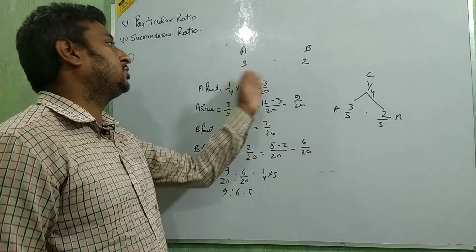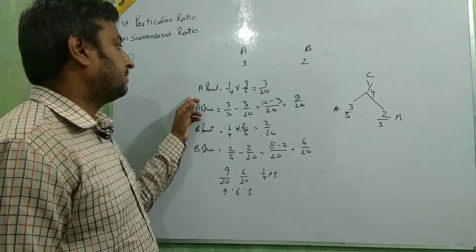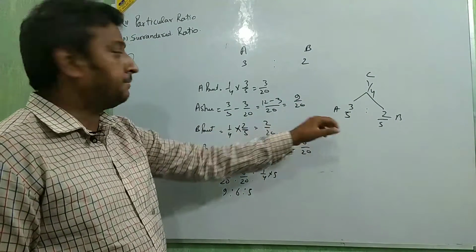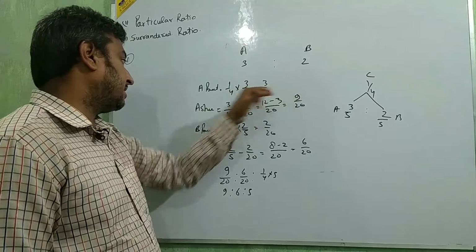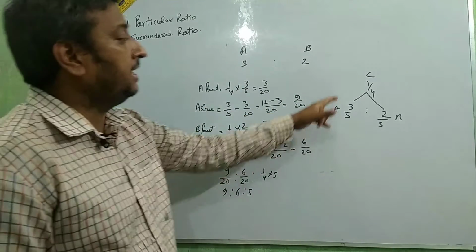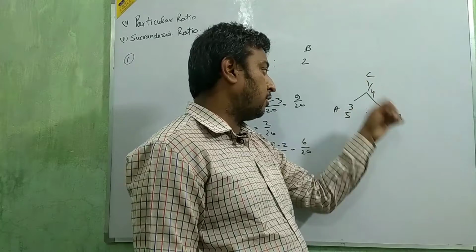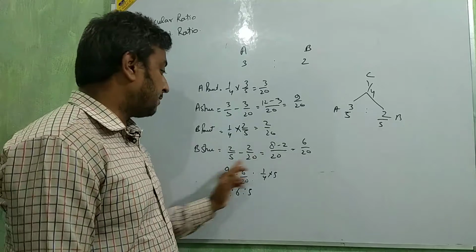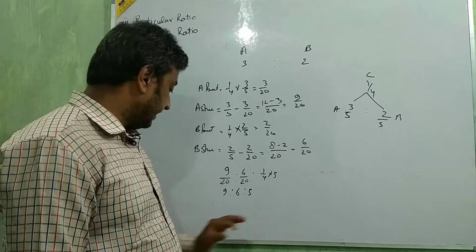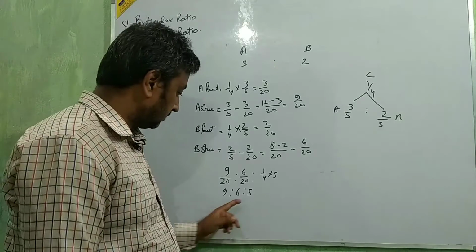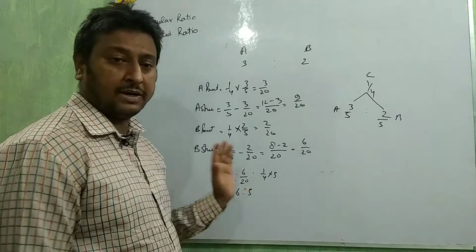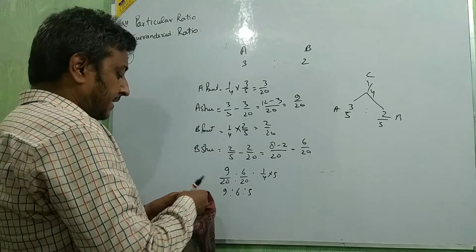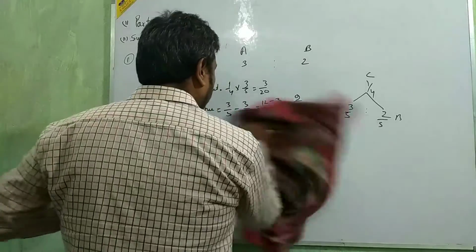Again I would like to repeat, the 3:2 ratio is there. First we get the part of 3/5 of 1/4. C's part is 1/4, take the 3/5, that is 3/20. Less this 3/20 from A, 9/20. Then again calculate for C, 1/4 into 2/5, 2/20, less from B, then 6/20. Set that ratio and the ratio is coming 6:9:5. Okay? Clear, beta?